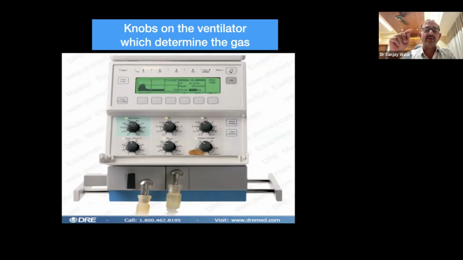Then the one in the bottom line is the inspiratory flow, because you need the flow of gas to go and cause the distension of